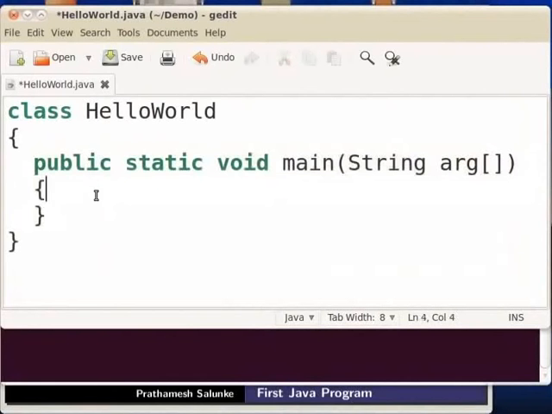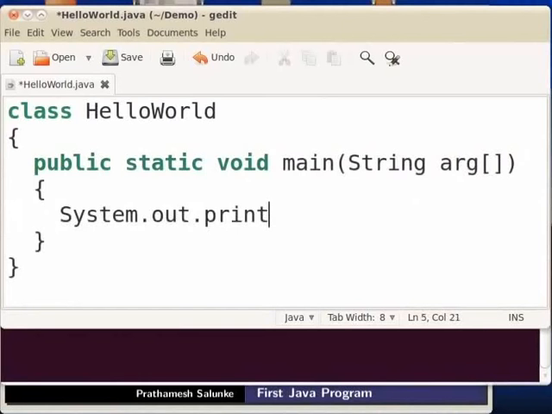We will now write a code to display a line on the terminal. So inside main method, type System.out.println parenthesis semicolon. This is the statement used to print a line.